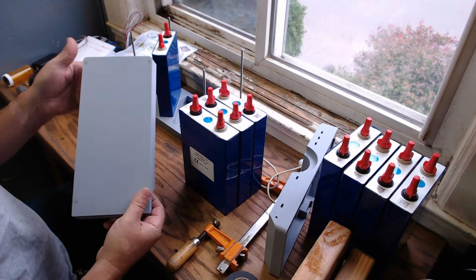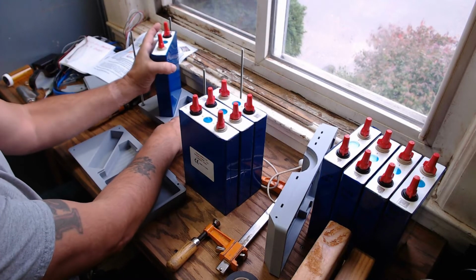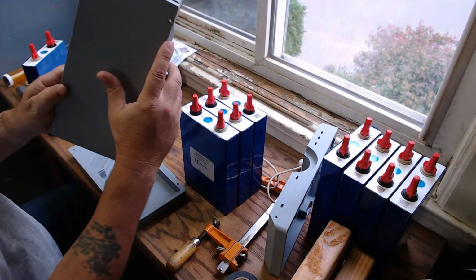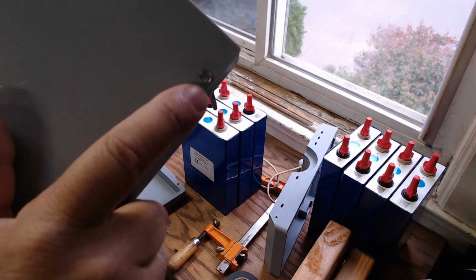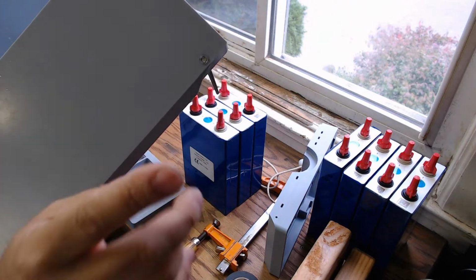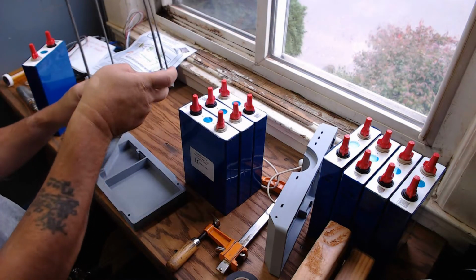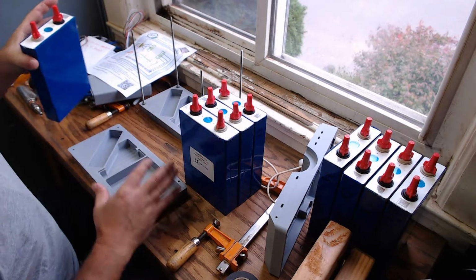This is the bottom of the BMS case, okay, or the battery case. Let me show you on this one here. These have some inserts in here. I don't know if you can see. Yep. Inserts, threaded inserts. They're a special kind. When we release the files, you'll see it. Anyhow, so what I need to do is I need to get